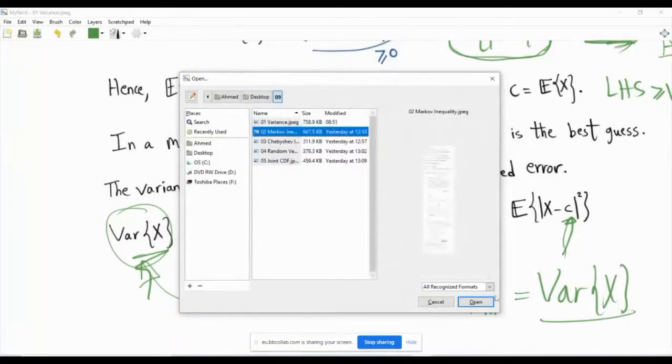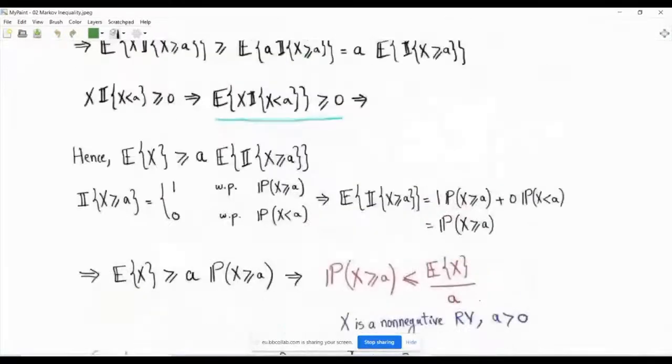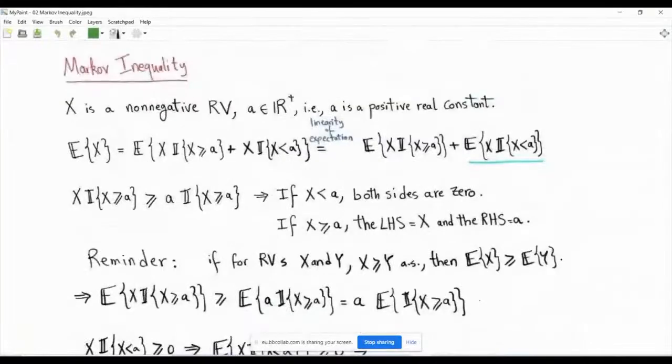Now let's start talking about inequalities. Probability is full of inequalities. We have tens or hundreds of inequalities. Some of them are very sophisticated. So we'll start to build our database of probability inequalities, starting from the most straightforward one, and actually one of the most important inequalities, which is the Markov inequality, because the Markov inequality itself can be used to construct further inequalities and powerful things like the Chernoff bound and so on that we will talk about later in this course.